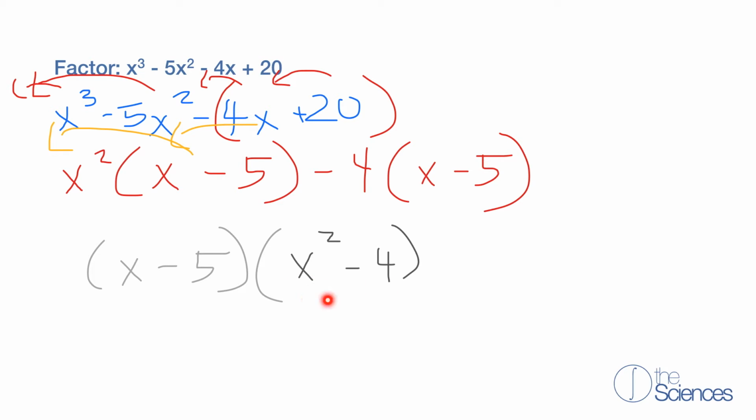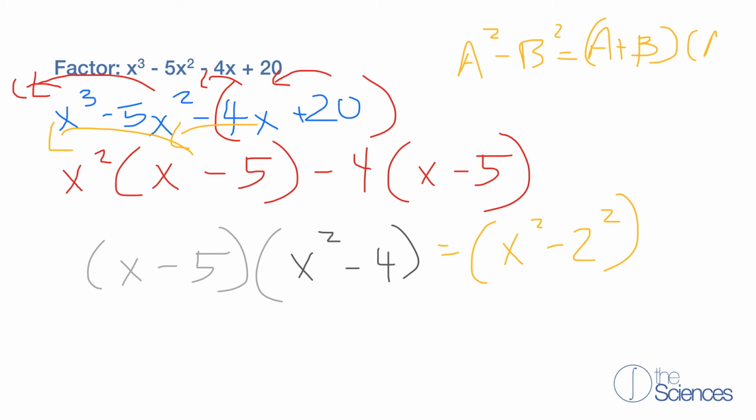So now we can try and factor out this term. Well, we see that this is the difference of two squares. So this is the same as x squared minus 2 squared. Remember that a squared minus b squared is the same as a plus b times a minus b. So here we can factor this out as x plus 2 times x minus 2